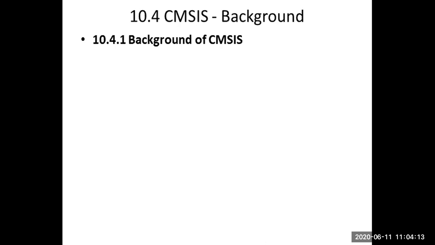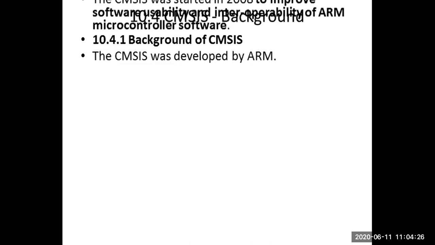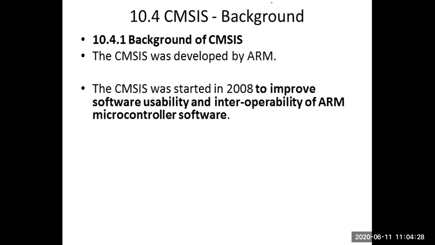Background of CMSIS. CMSIS, I repeat again, Cortex Microcontroller Software Interface Standard. It was developed by the ARM company in 2008. Why? To improve the software usability and interoperability of ARM microcontroller software.